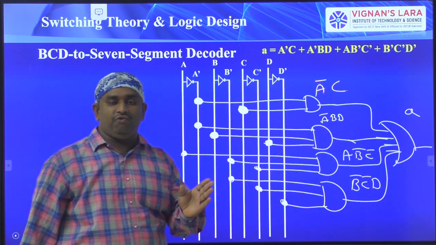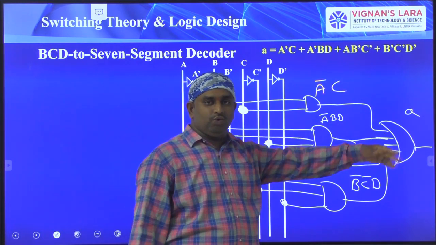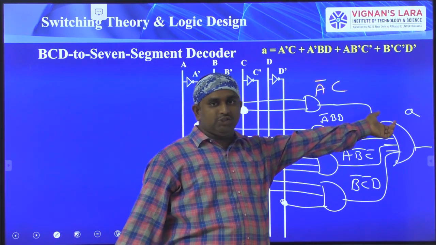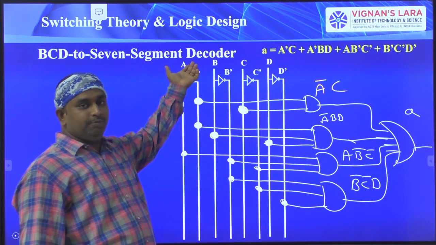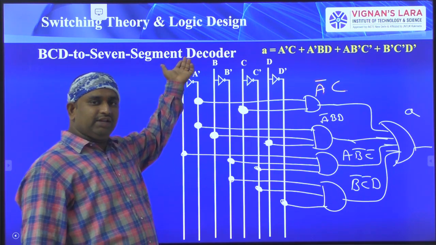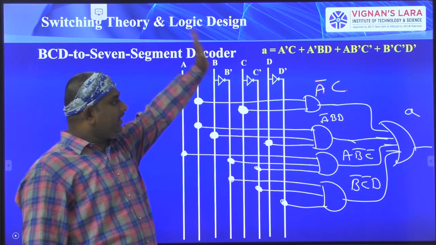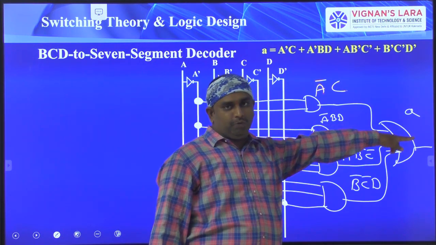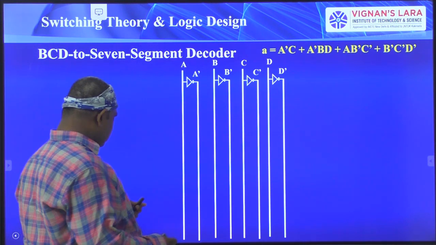Previously we wrote f of ABCD is equal to some function. Now we are writing small a is equal to these functionalities. Inputs I am representing with capital ABCD; otherwise you can take WXYZ in place of capital ABCD. Here I am taking small a as the output. Small a is the output. So I will show this clearly here.